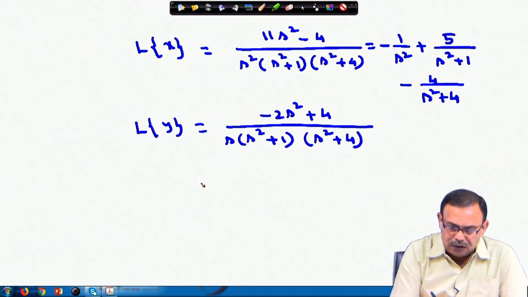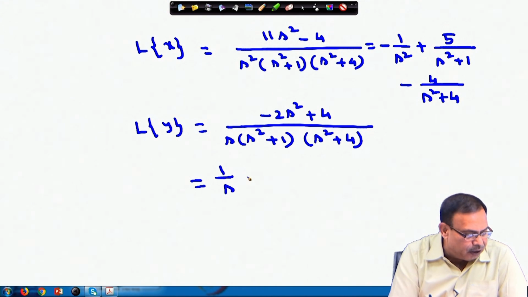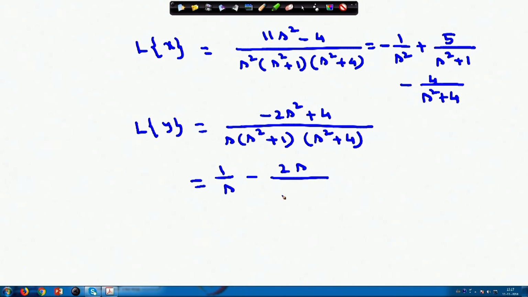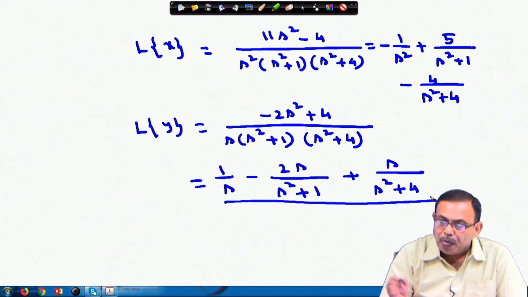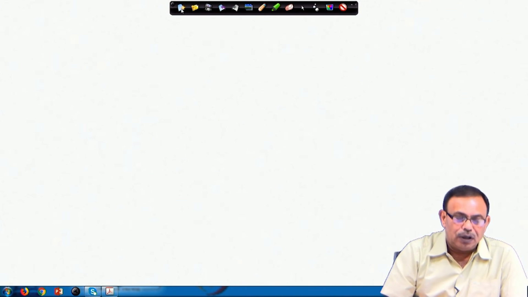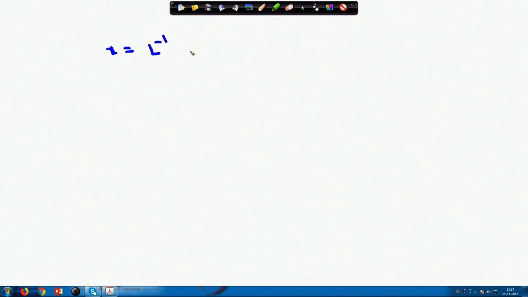And if I break the Laplace transform of y also, you will obtain 1 by s minus 2 s by s square plus 1 plus s by s square plus 4. So, once I have this, I can tell what x and y would be. x will be the Laplace inverse of this term, and y will be the Laplace inverse of this given term. So, in the next step, I can write x equals Laplace inverse of